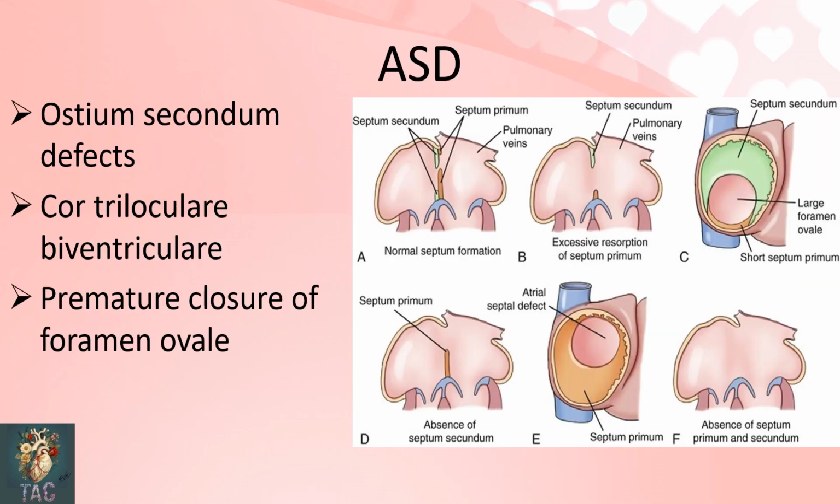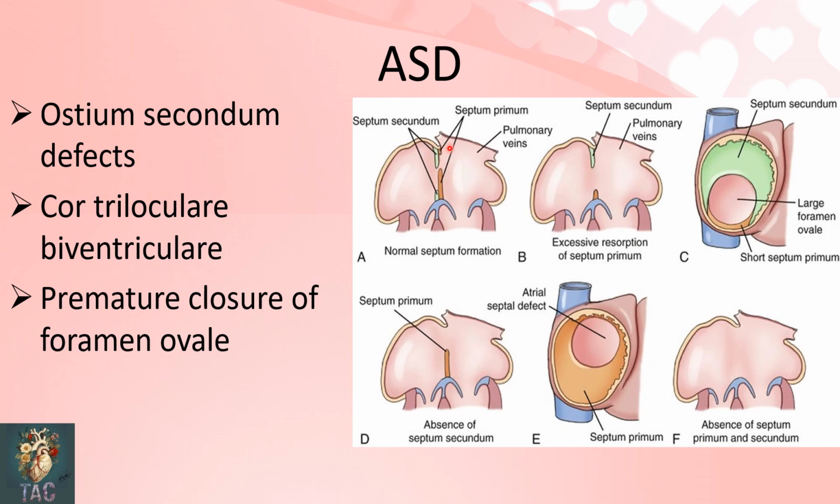So next defects are the ostium secundum defects. In ostium secundum defects, first look at this diagram. This is the normal septum formation, which I have previously described in the previous class. In this you can see this brown colored area shows the septum primum. This green color shows the septum secundum. Here the endocardial cushions are present, and this opening is the ostium secundum, which later on will form the